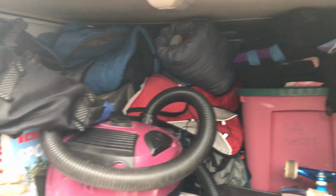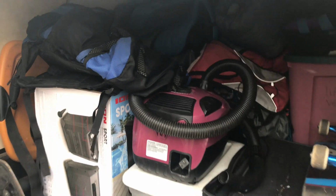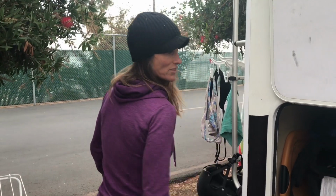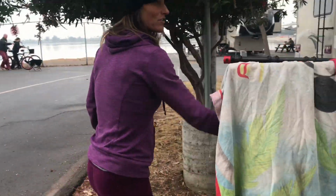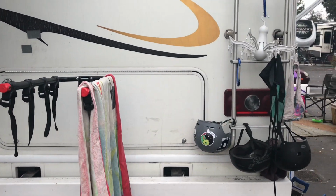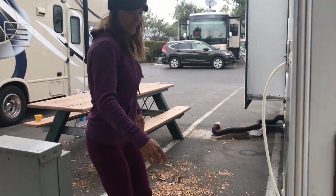We just got this cool karaoke machine, which will definitely not be traveling with us when we're on the road, but it's fun right now while we have electricity. Let's see what the other side has. Like vacuum doesn't travel with us when we go because we don't have electricity. This is where we always dry our towels and our wetsuits each day. Surf is too small though, so we didn't paddle out. Over on this side,